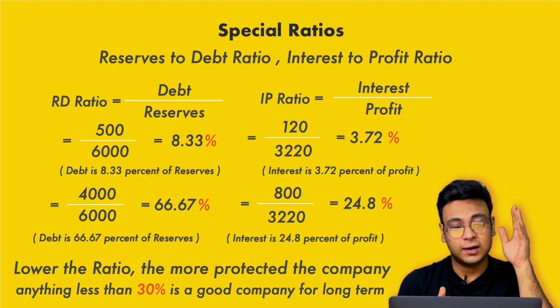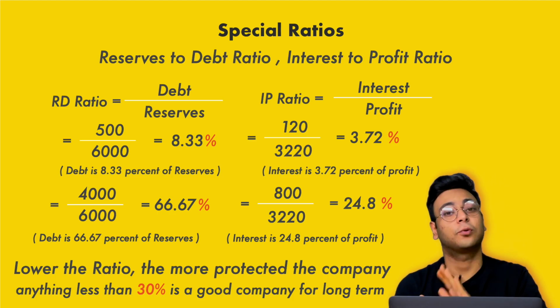So now let's look at a few special ratios which are used by the Mind Your Investment family. This is one of those ratios which is very important, but a lot of analysts around the world do not use it the way it is supposed to be used. I or my team in Mind Your Investment use this, and this gives us a much clearer picture of the company's situation in terms of stability and in terms of situations where the company, if it's in stress, can still manage out. So these ratios are reserve to debt and interest to profit ratio.